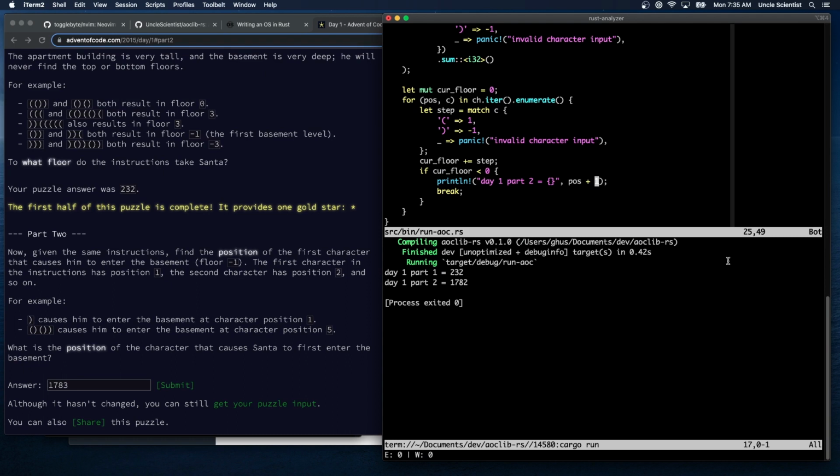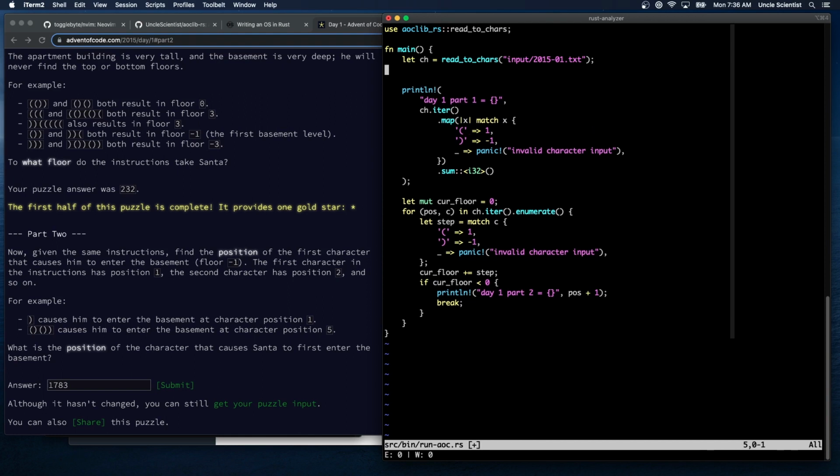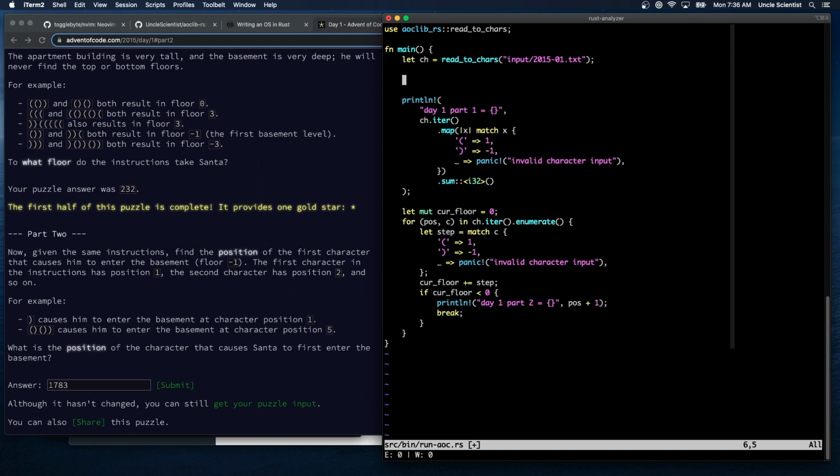So was there anything here that we can make more general, or here that we can make more general? I was thinking that we could pass in a closure that'll allow us to do this more generally. But I can't think of a good way to syntax that, right? We could say ch dot, I don't know, create a function named map char to int, and then have like a vec of this,